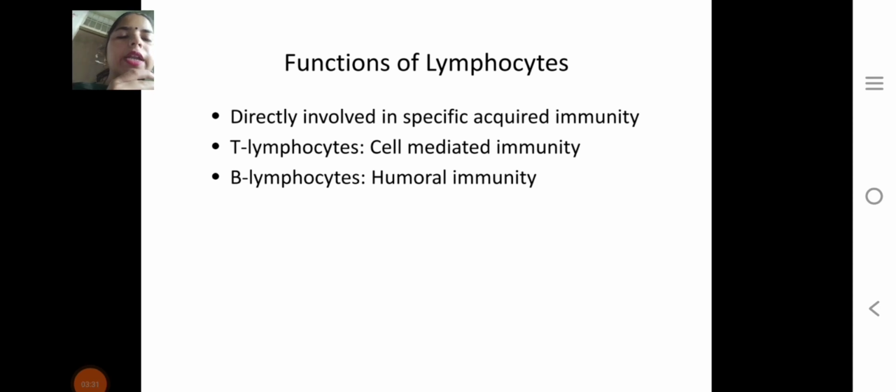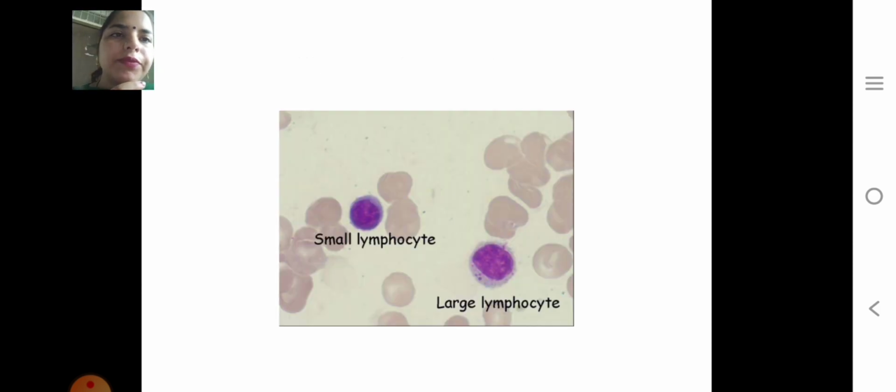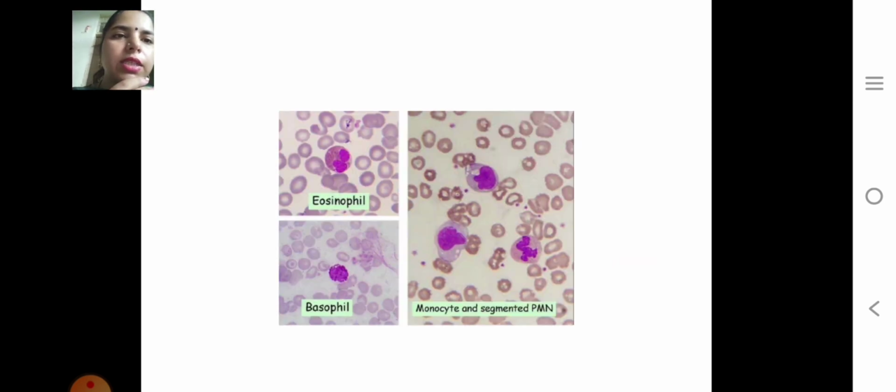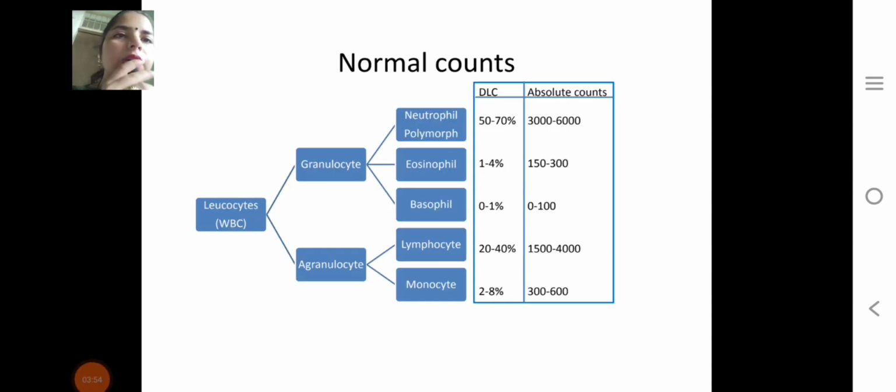Function of lymphocytes: directly involved in specific acquired immunity. T lymphocytes mediate cell mediated immunity and B lymphocytes mediate humoral immunity. Here are the small lymphocytes and the large lymphocytes in their structures. Lymphocytes, eosinophils, basophils, monocytes and segmented PMN. Normal count is the lymphocyte